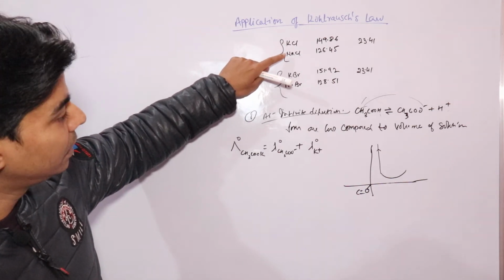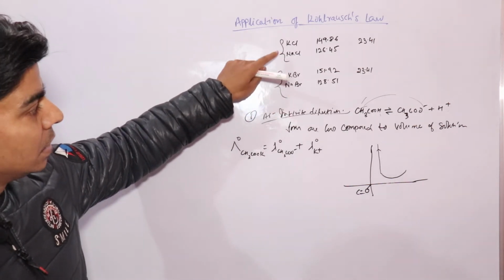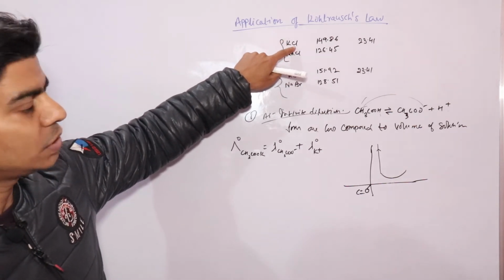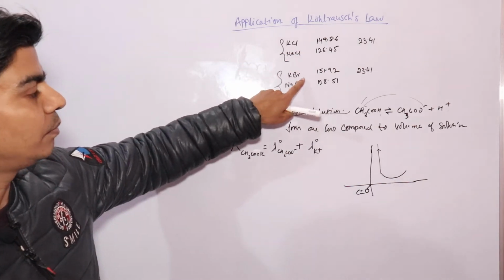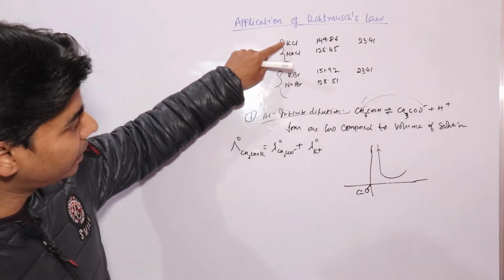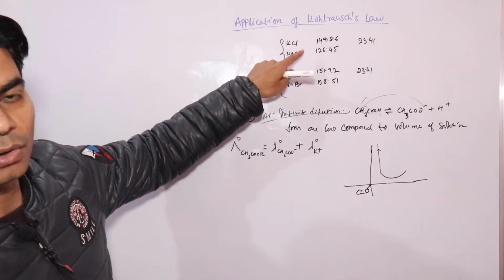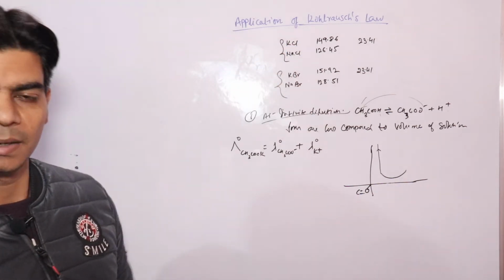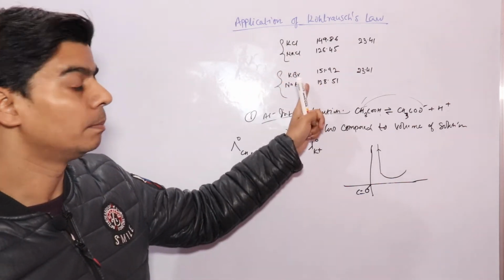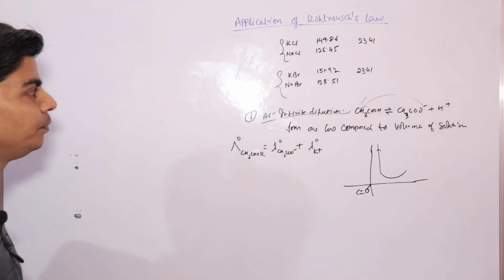the motion of potassium and sodium ions in the first case is the same as the motion of potassium and sodium ions in the second case. The motion of potassium and sodium ions does not depend on the associated anion, which is chloride in the first case and bromide in the second case. So it looks like the potassium and sodium ions are moving independent of the associated anion. The motion of potassium and sodium does not depend on chloride or bromide at infinite dilution. This is applicable only at infinite dilution.